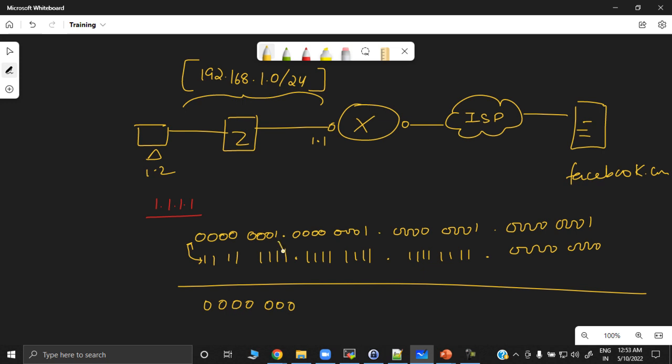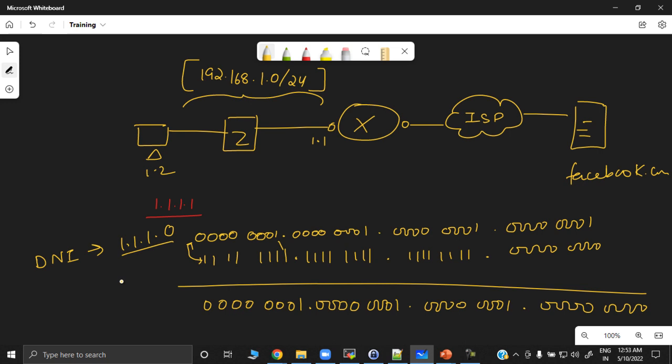If these are the same bits, the result will be the bit only, right? So if you see, you will get this and all 0. So your destination network ID is 1.1.1.0, right? Now, you don't belong to this particular network, right? Your network is